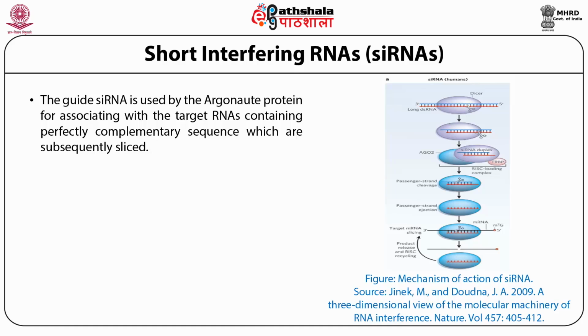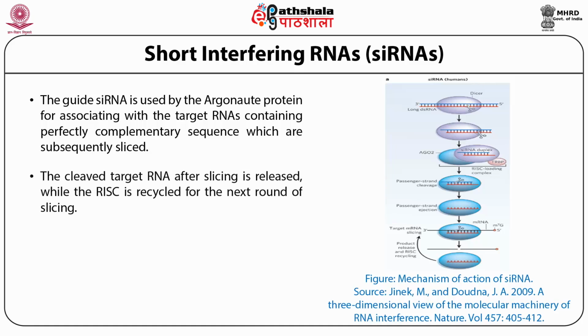from longer double-stranded linear RNA molecules which then associate with Dicer within the cytoplasm and are cleaved into shorter 21 to 25 nucleotide long molecules. These molecules are then loaded onto the RISC complex. The RISC complex, which comprises three separate components, which you can see in three different colors: blue, purple, and orange. Now, since it is double-stranded, one of the strands is known as the guide strand, while the other is the non-guide strand. The non-guide strand undergoes degradation such that the RNA now becomes single-stranded, and this RISC complex engages